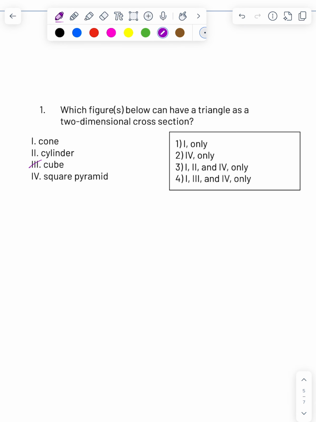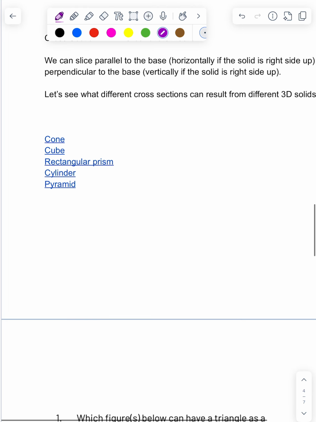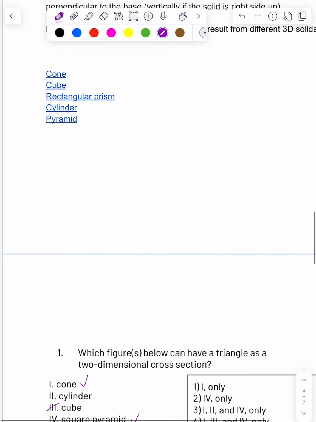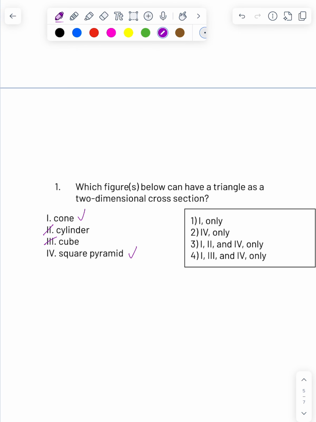Well, we just saw cubes only have squares. We did see that a cone can have a triangular cross-section when we were slicing it, when it was right side up, when we were slicing it perpendicular to the base. The same as the faces around it kind of are triangular. That was perpendicular to the base. And the square pyramid definitely had triangles. Let's check back and see the cylinder. The cylinder I don't think we got one from. So cone and